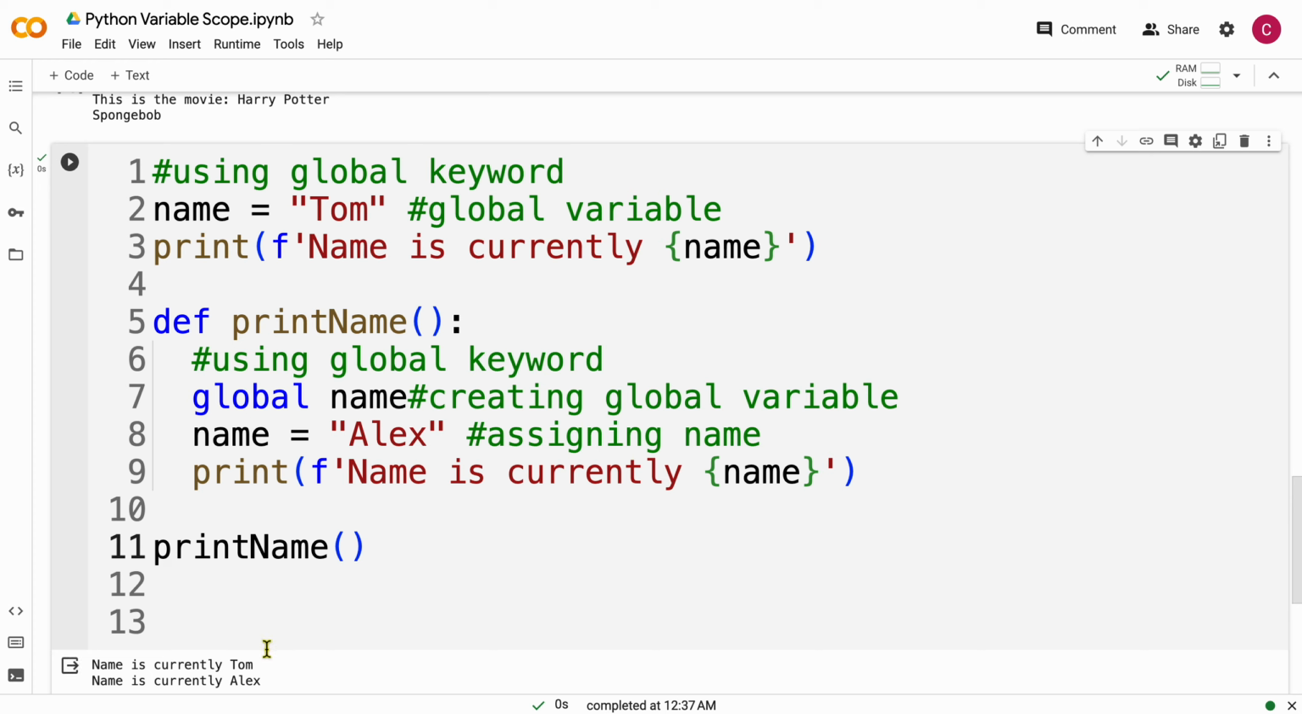All right, and when we call that function, you see it says name is currently Tom and name is currently Alex after you call this print function. So here's our first print statement. It's printing out that our name is currently Tom. Here's our second print statement, and that is happening when we call our print name function, as it is embedded inside of it. Now, what happens if we just paste